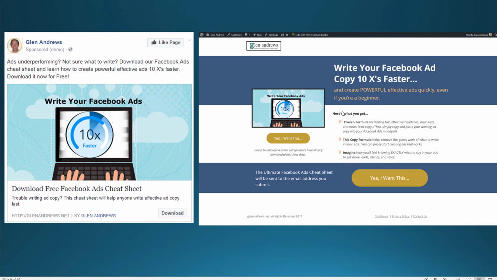And here's what you get. I give them 3 bullet points on what they're going to get. This is all above the fold, by the way. Okay, and the call to action button, yes, I want this. So they click on this, it's a 2-step opt-in. So a light box will open on this, they'll enter their name and email, and they'll be able to download